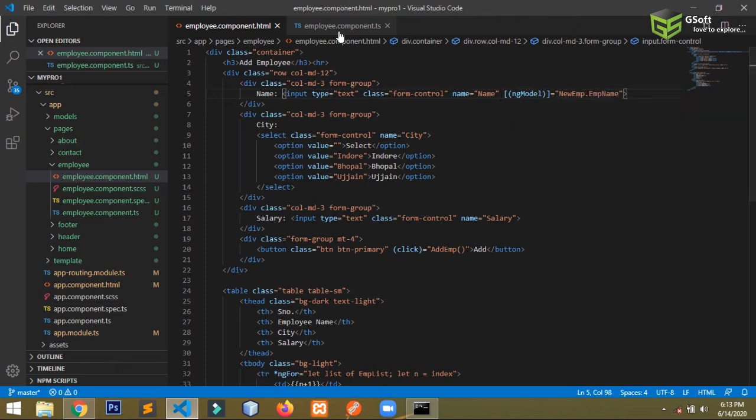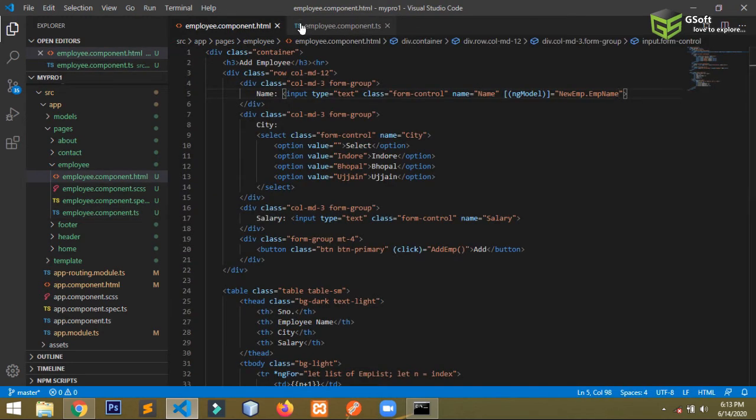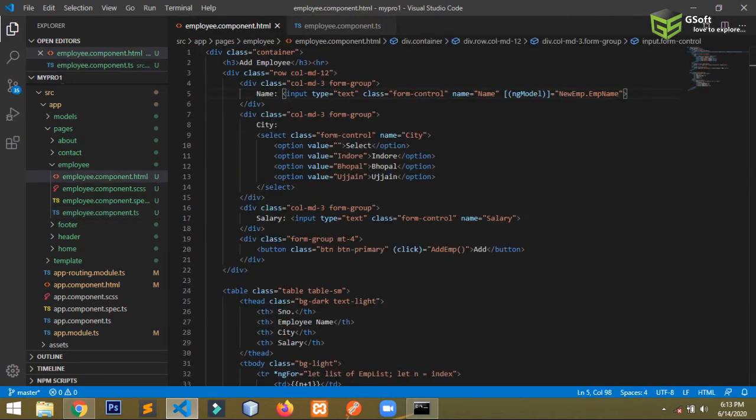Okay guys, this is the model name. So this model will bind this value inside this. Whatever I write, it will bind the value here, and then I will add this object into this array employeeList. So you will be able to see the list of new employees.